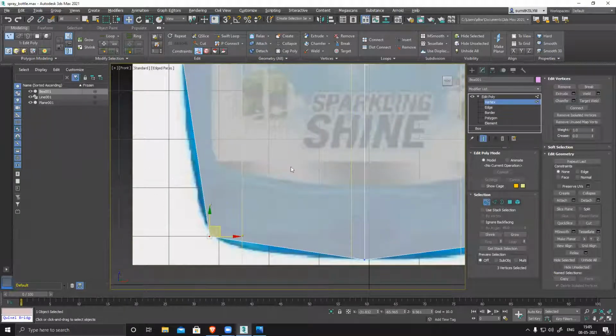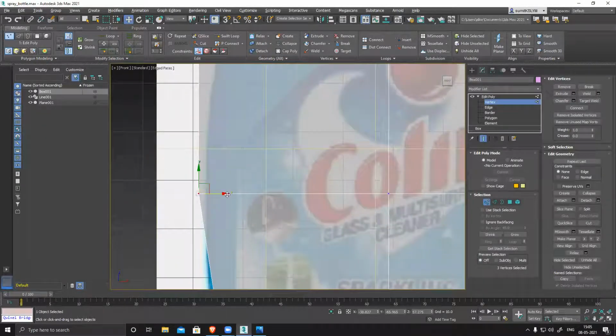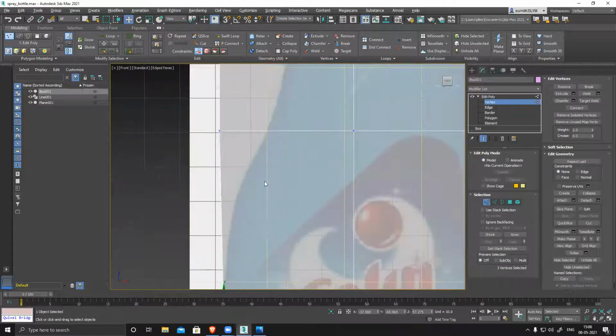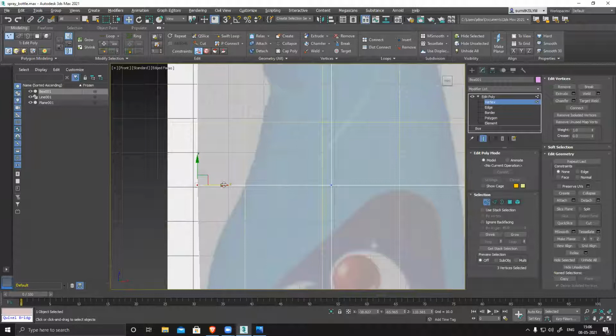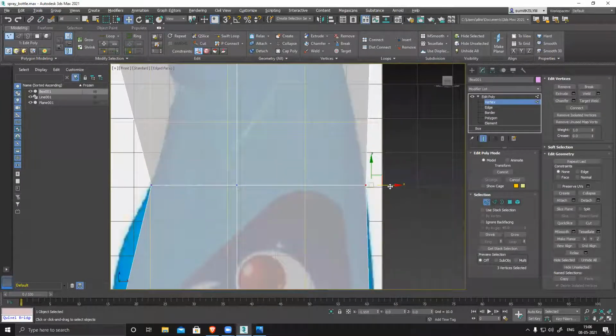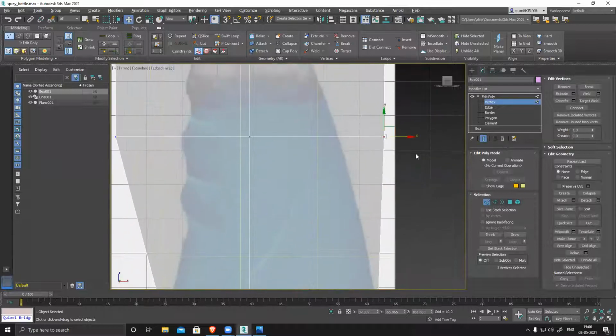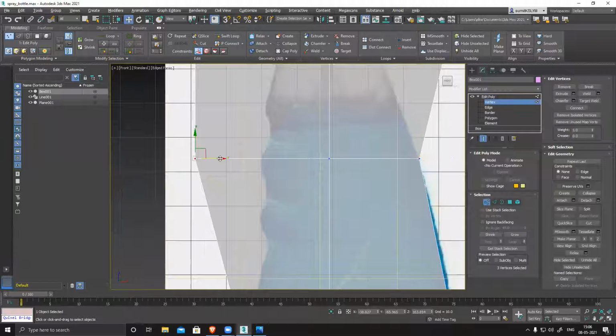I have to add in-between loops and fix it. So when you start modeling, especially this kind of stuff, try to keep your polygons as low as possible. As you can see, I'm not moving the center part, I'm just moving the rest of the things.